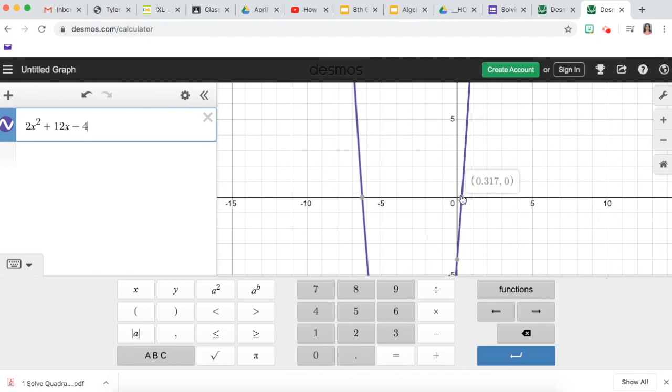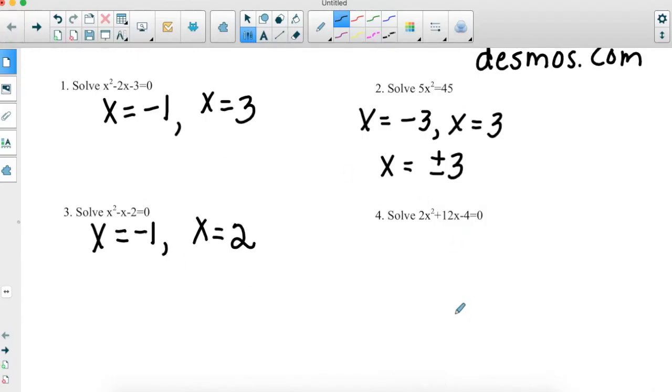You could use that decimal answer. If you solve it by hand, you probably will get a radical answer, which if you plug it into the calculator, you're going to get a decimal. So here we could write one of the solutions is 0.317, and the other one is negative 6.317. You have to be very careful because if the directions tell you to round, make sure that you round. So here we're just going to write x equals 0.317 and x equals negative 6.317. Okay, so that's it for our